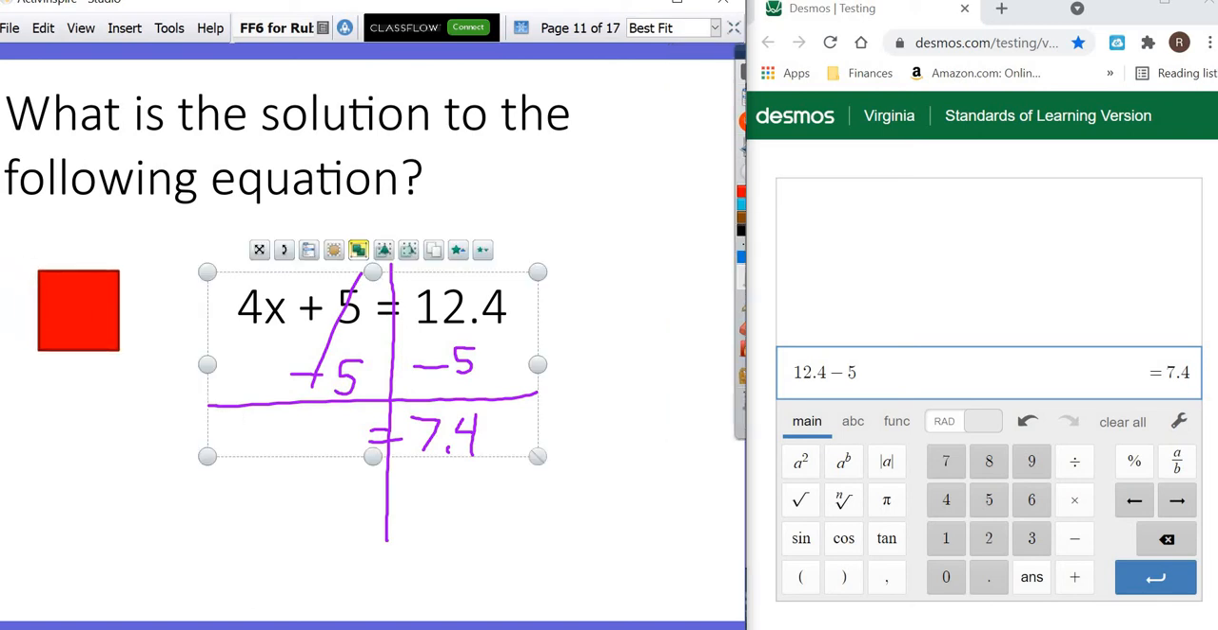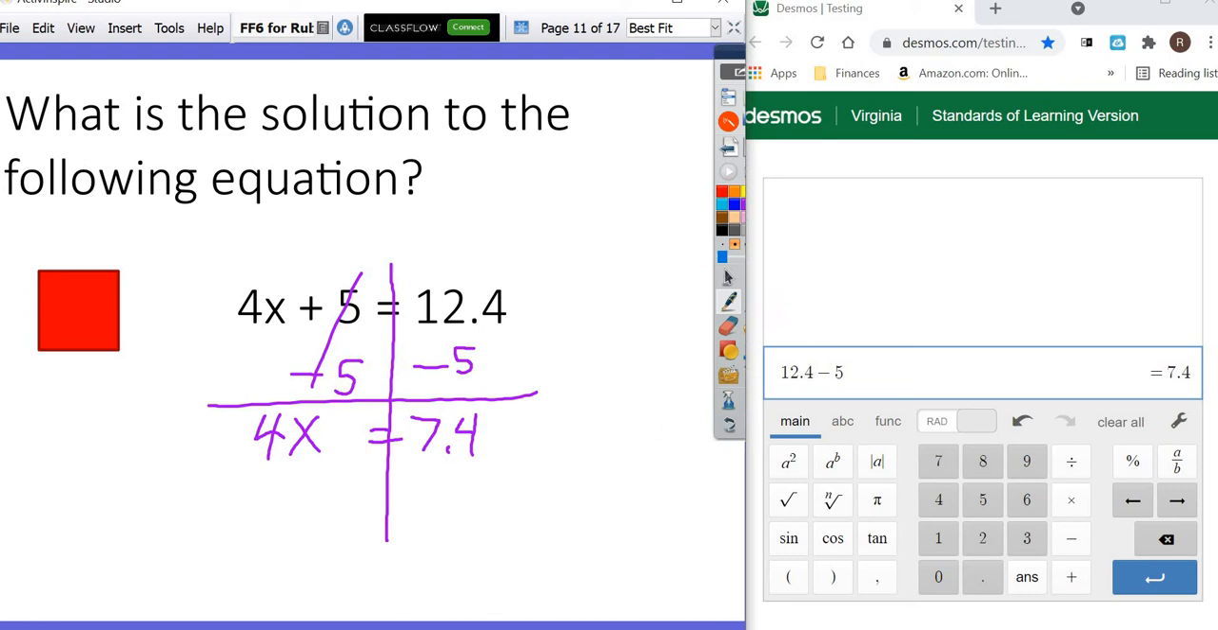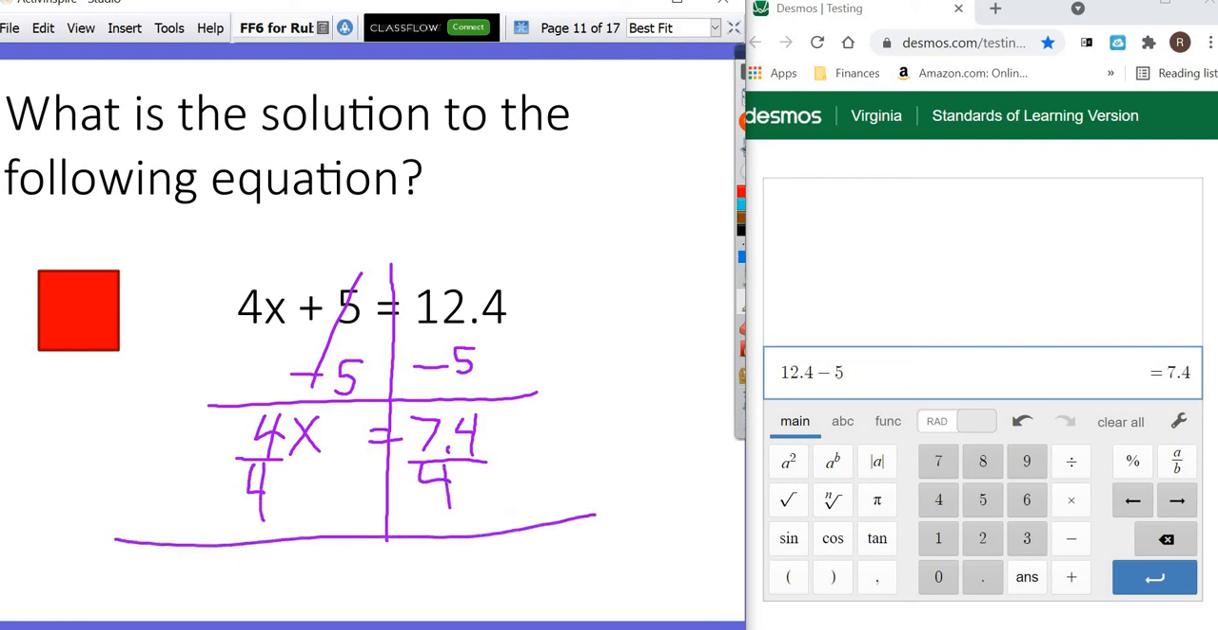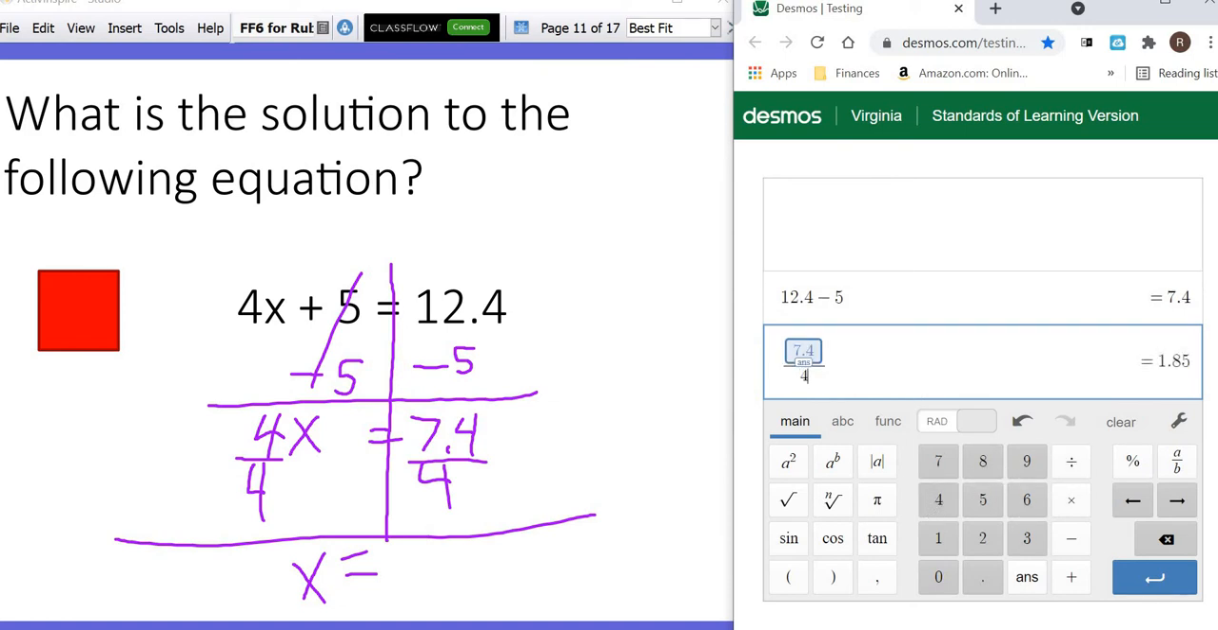So let's move the 4x. Oops, sorry about that. Let me get a pen back. Let's move the 4x down here. Then 4 times x, how do I undo multiplication? By division. So I'm going to put that in my calculator. I'm going to go to my next line, and I'm going to use this ANS button. It brings my answer down. Then I'm going to divide by 4, and that means x is